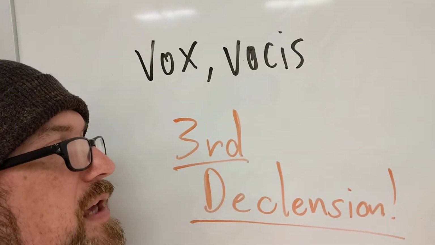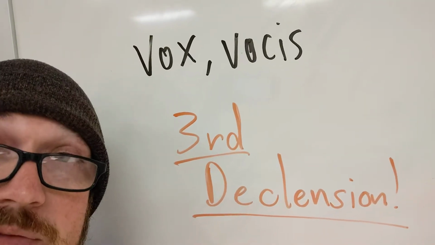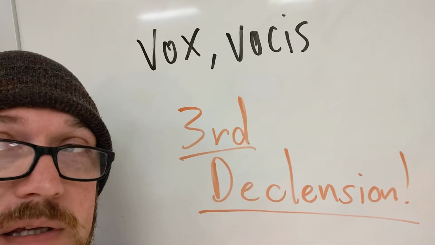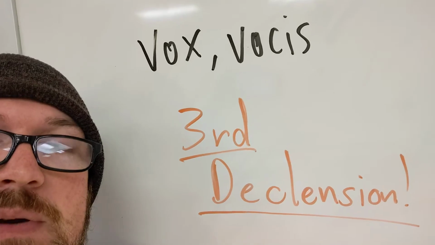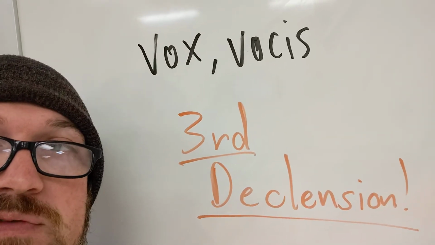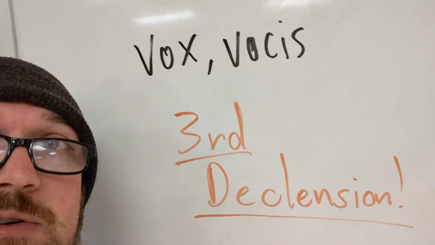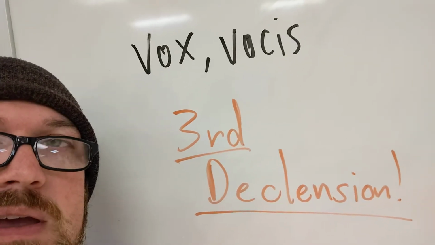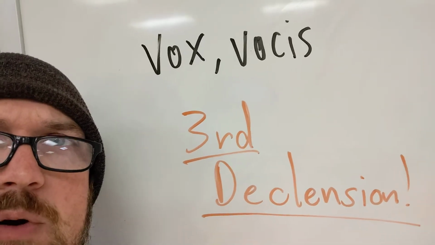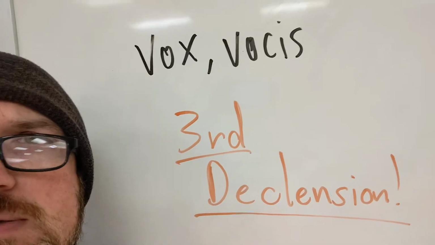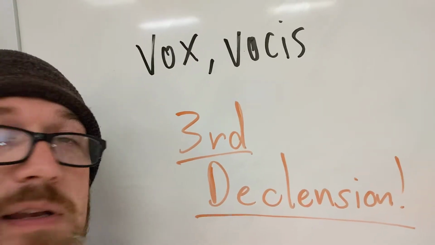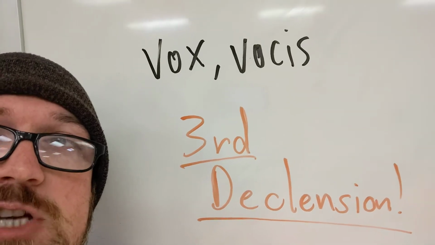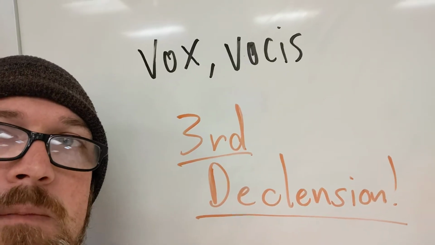However, if you were to only see the nominative form of this particular word, you might think that the stem has an X in it. But it doesn't. Because when you see the genitive form, it's vocis, and not only is there no X in the genitive, but there's no C in the nominative. And again, if you didn't know anything else, you might assume that, okay, well, maybe the stem is just vo, and maybe X is an ending, and then it changes to C, but that is not, in fact, the case. That is a stem change. The X has changed into a C.